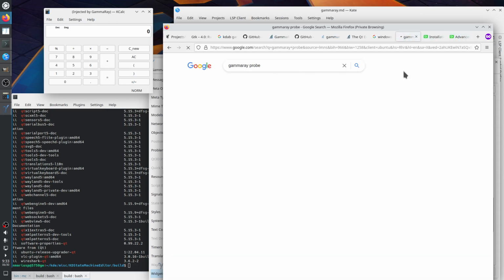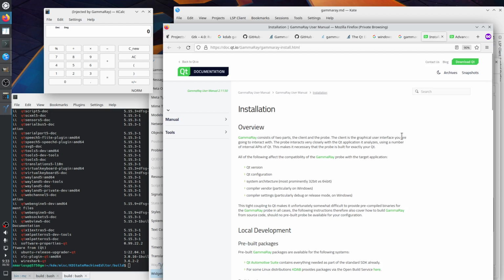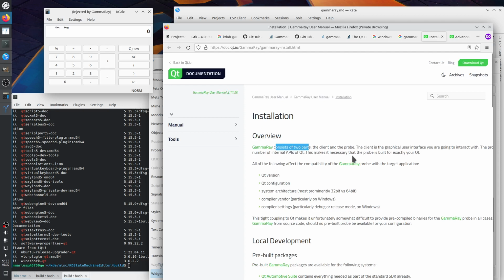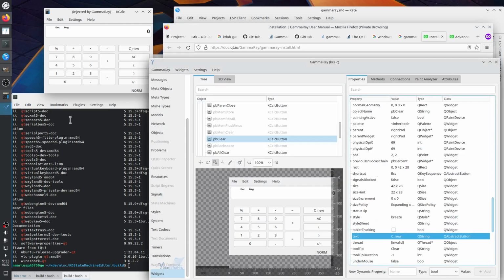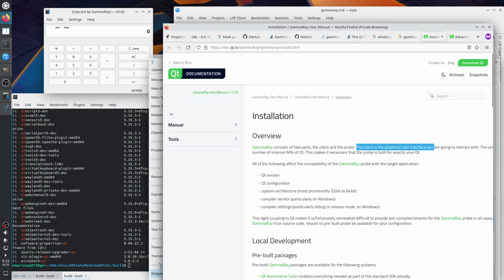Oh, not that. So GammaRay consists of two parts, the client and the probe. The client is the GUI, which is this, and the probe